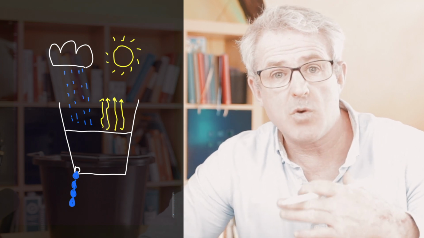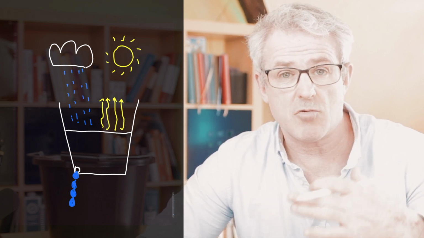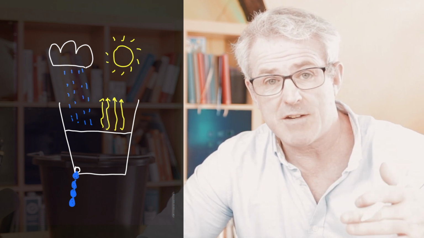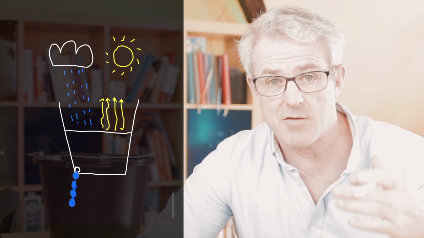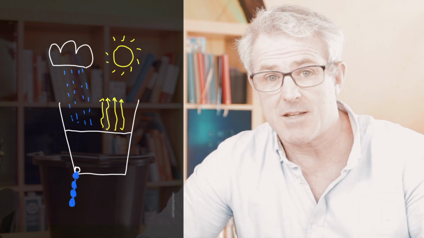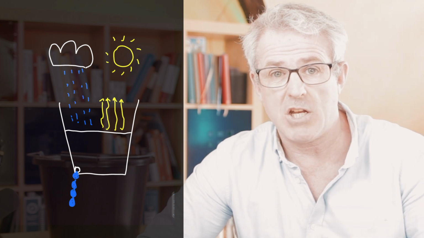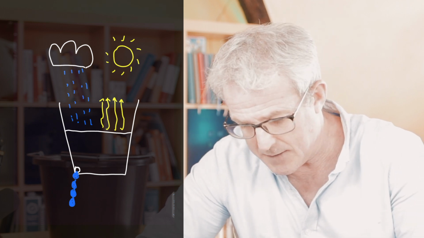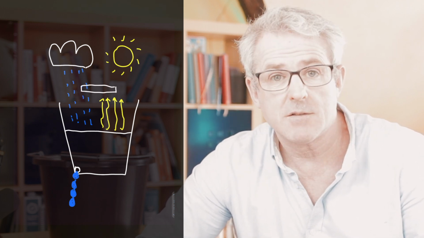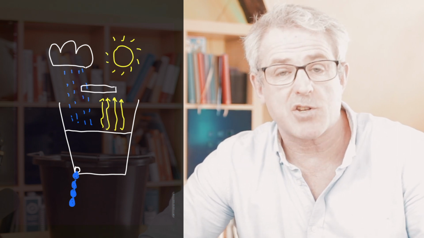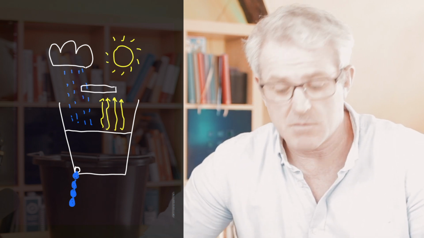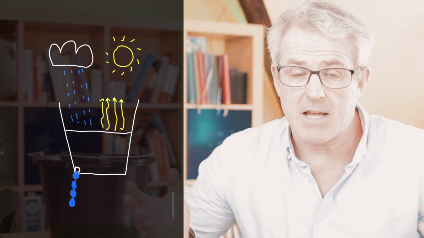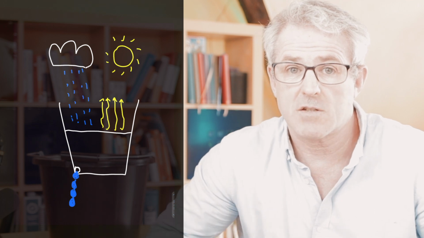Now, how can we use investment risk, investment return, and inflation to explain what we do with our clients? Well, we can have different levels of investment risk that will give different levels of investment return. So when you think about the bucket, think about putting a lid partially on or completely on that bucket. If we put a lid on the bucket and it's partially covering the bucket, then we'll collect some rain and we'll have some evaporation. If we have no lid at all, then we're open to the elements, and that's kind of the highest risk investment.